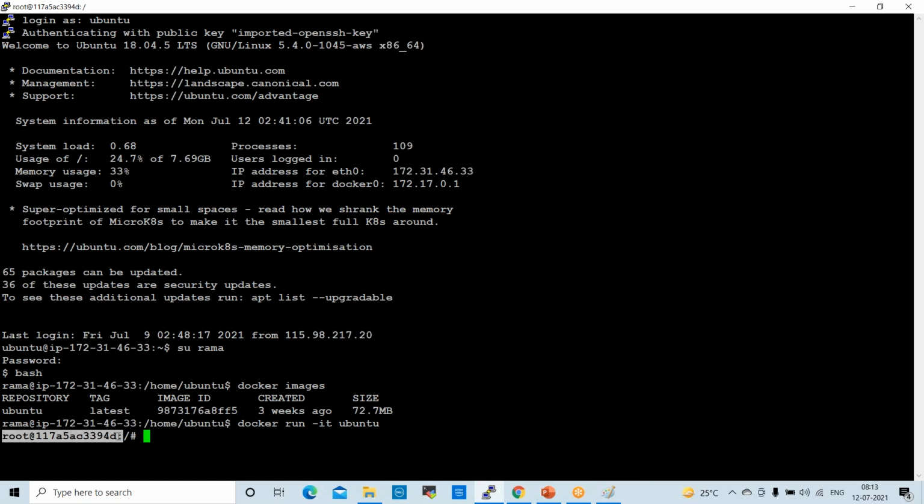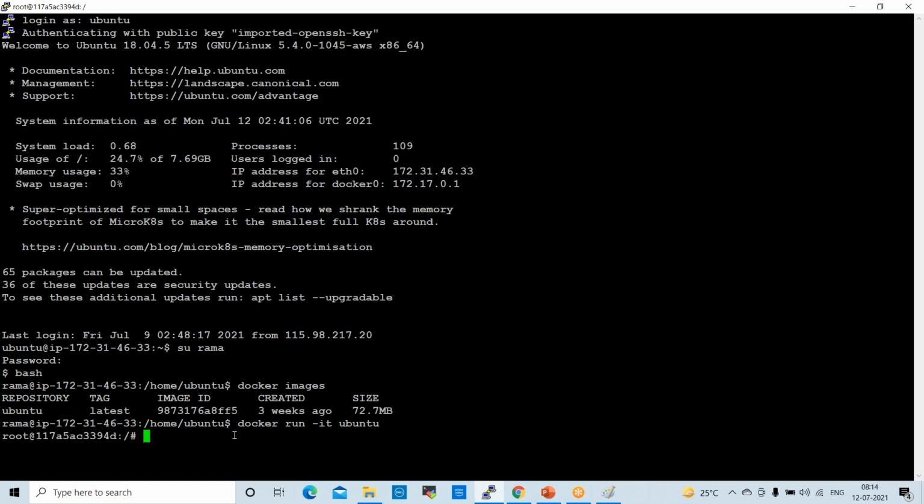Once we run the container, the next step is to install whatever packages you want. Normally in virtual machines or on an EC2 instance, whenever we create an instance, the first thing we do is update the internal repository, right?